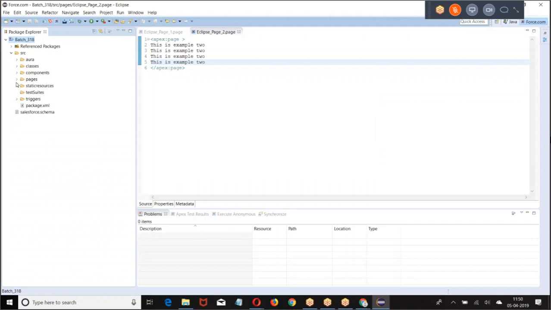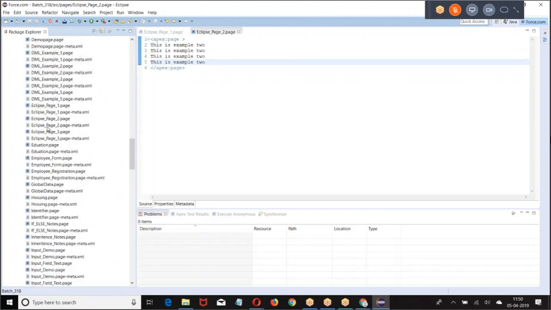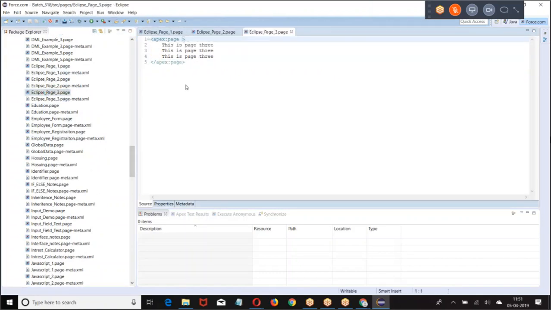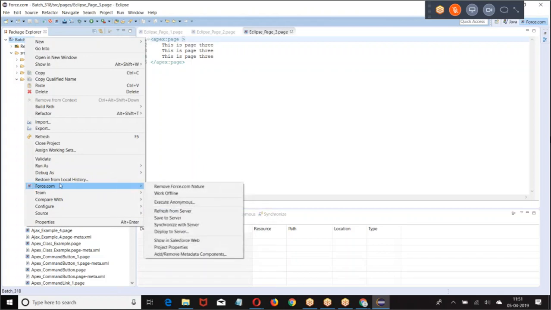Now, go back. Got Eclipse page number. Right, boss? Okay. Now, sometimes what happened, I made some changes. There is no internet connection. Later on, I want to sync it. Then I say, save to synchronize with the server. The synchronize with the server works both ways. The changes that are there in the system and the changes which are there in production, both will be synchronized. I hope you got my point.